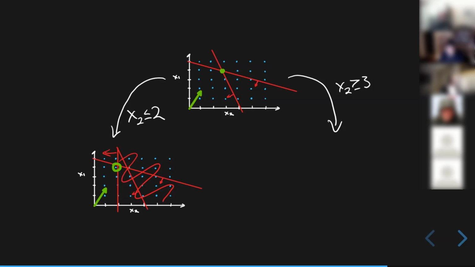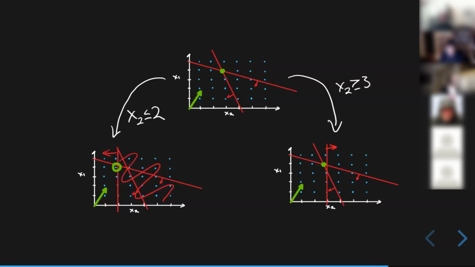And then on the right side, we're going to add a constraint saying x2 has to be greater than or equal to 3. But basically, because that original solution landed between 2 and 3 for x2, we're creating two sub-problems where we're branching and saying, hey, on the left side, I'm going to say you have to be over here. And on the right side, I'm going to add a constraint and say you have to be on the right. So now I add a constraint saying x2 has to be greater than or equal to 3. I've cut some space off. I solve again. Is that on a point or not?